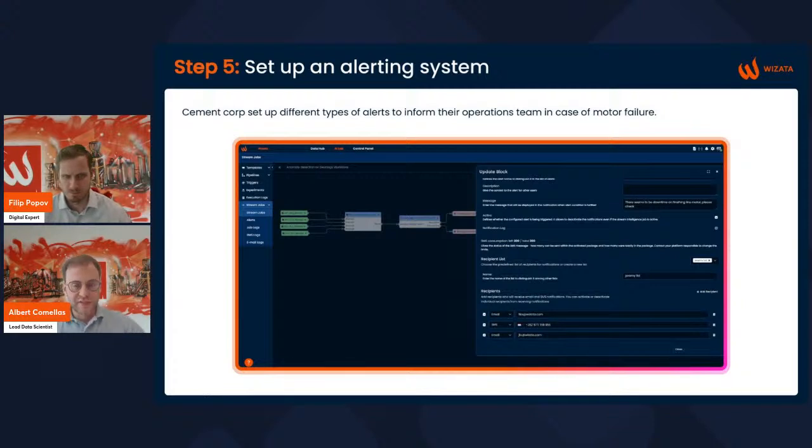And here you will just configure this alert block to define if we want this alert by email, by SMS, and which is the text and the subject of this email. So basically now every time this variable turns to 1, meaning that there is an anomaly, we will receive this email with the text we specify here.